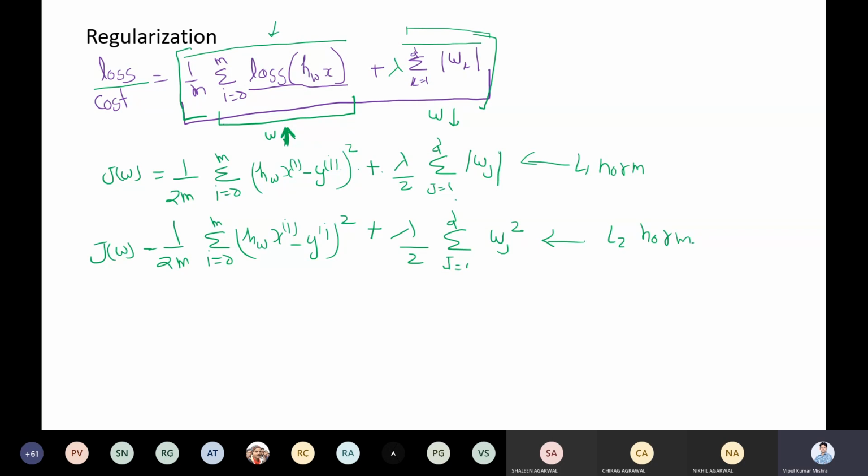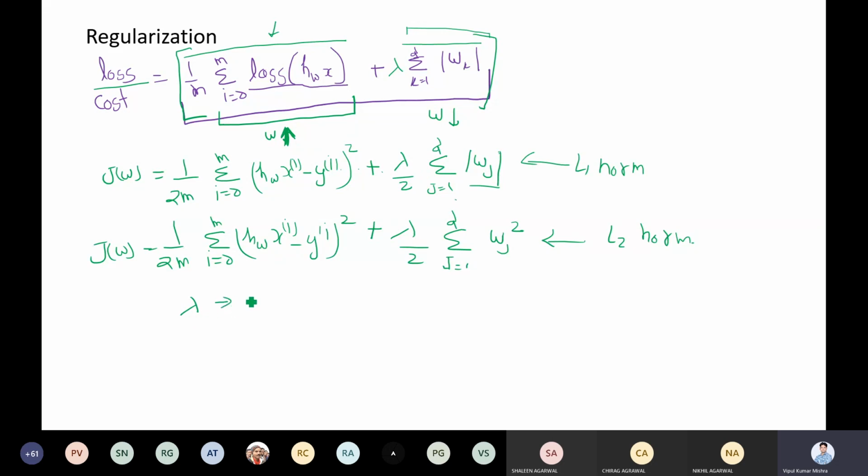You can find out which one is better, which one is not better. That is a separate story, which you can find out separately. I think Mano has shared one link also in the group, so you can read that link on when the first one is better and when the second one is better. Now once we have this formulation, here we have one new value, that is the lambda value, right? We already know what w_j is, these are the w values.